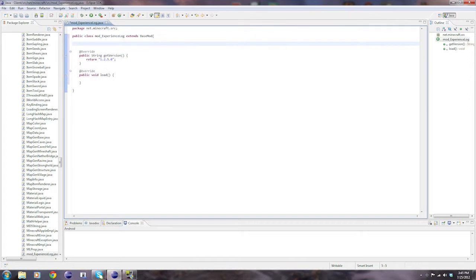Alright, so the first thing that we're going to do is, since we're creating a new item, we're going to say public static Item experienceLog, and then semicolon. This is declaring a new item. And now in the load method, after I copy this and paste it, we're going to initialize it. Well, I should say instantiate it. So type in new Item experienceLog,